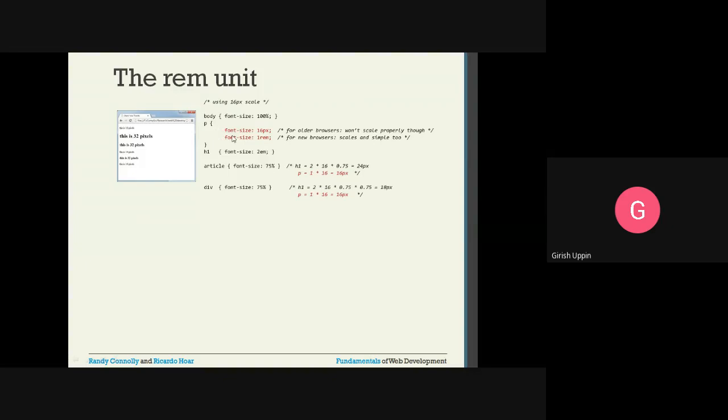If the browser supports REM, then it will use one REM. For older versions, it will take 16 pixels because REM is not applicable. This is only for the new browsers. The fallback is the font size of 16 pixels.